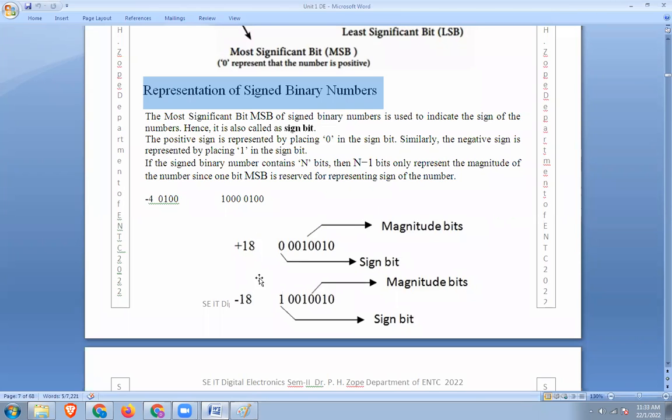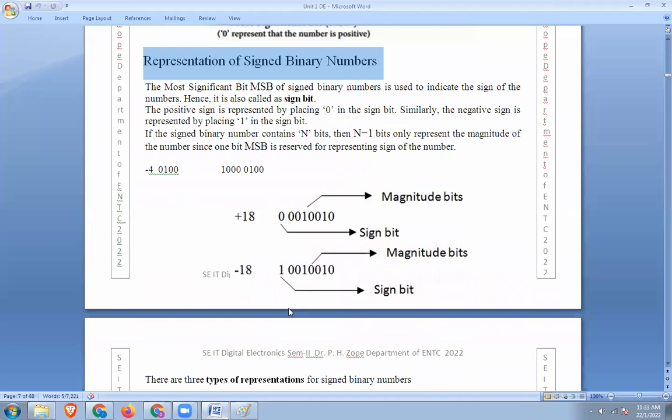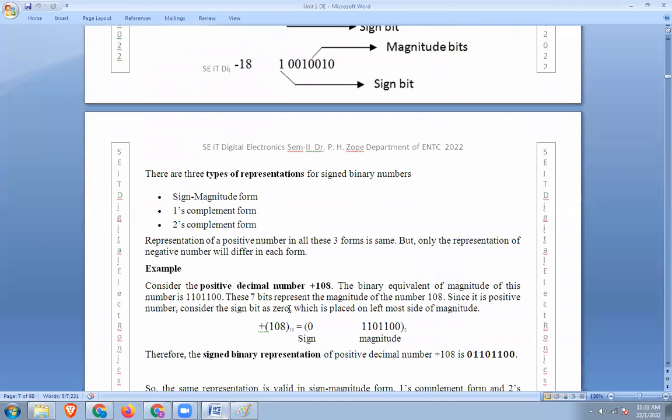तो sign binary numbers में यहाँ पर दो एग्जांपल दिए हैं मैंने, +18 -18। So that's why the magnitude will be same but the sign will be changed। So that's why 0 is used for plus and 1 is used for minus okay। I think I'm ending this point here because many times I did repetition of these points okay। If you have any doubt okay, you can ask me very freely, no problem।